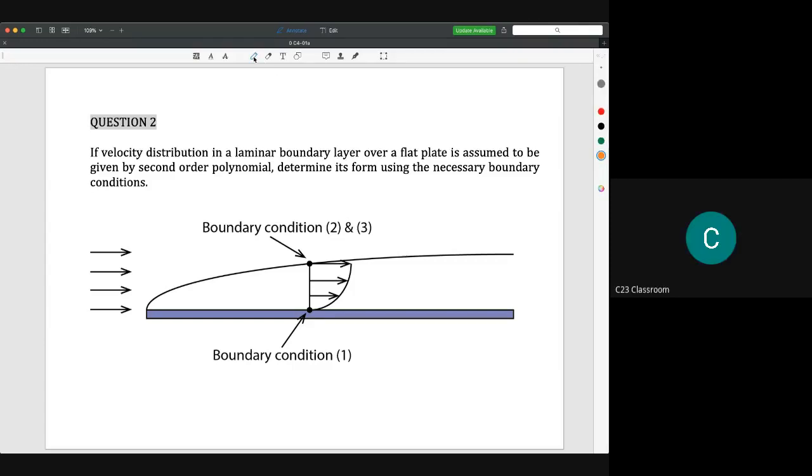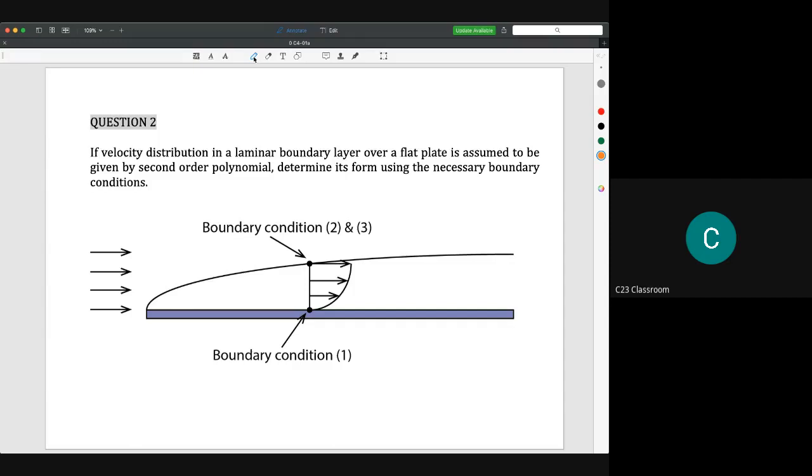So we continue our discussion about boundary layer. In this discussion, previously we know that we have a few velocity distributions. One is linear, quadratic, and by the power of 3, 4, and 5, sinusoidal. So we have sine theta as sine pi over 2 y over delta, and we have the Blasius